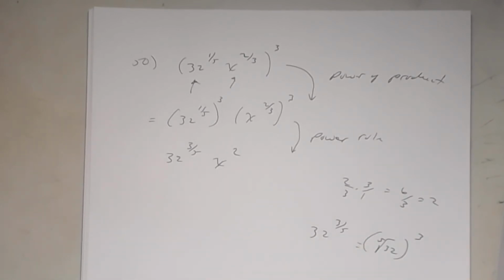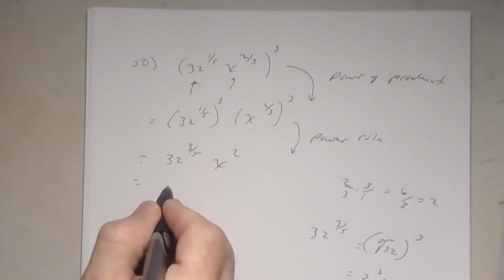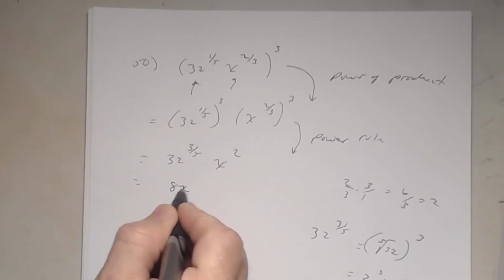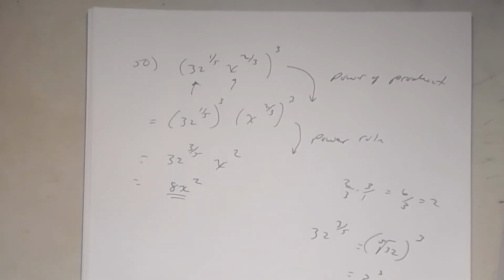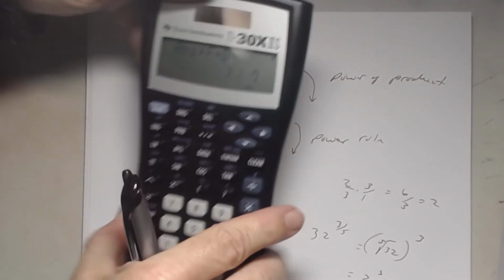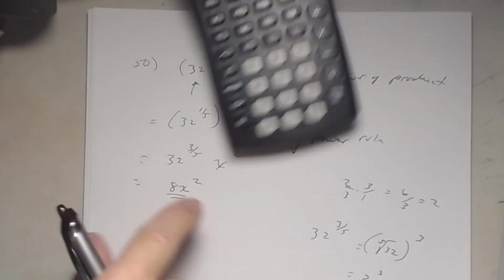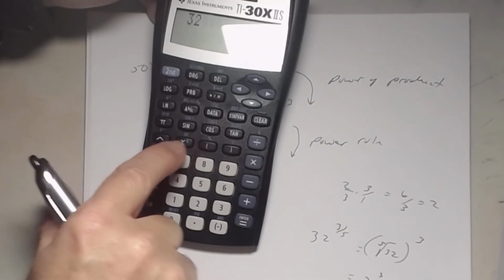So this right here would then be 2 to the third power, which would be what? 8. So then this answer would be what? 8 times x squared, or 8x squared. But on your calculator, if you just say 32 raised to the